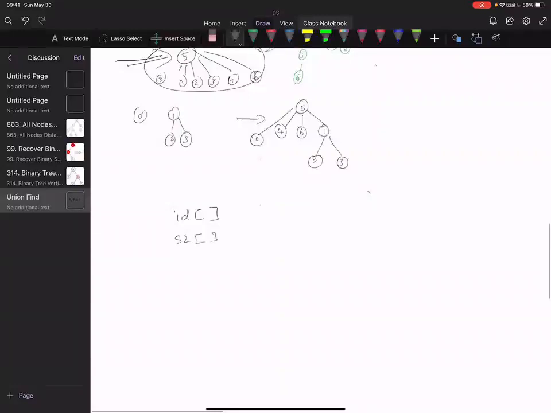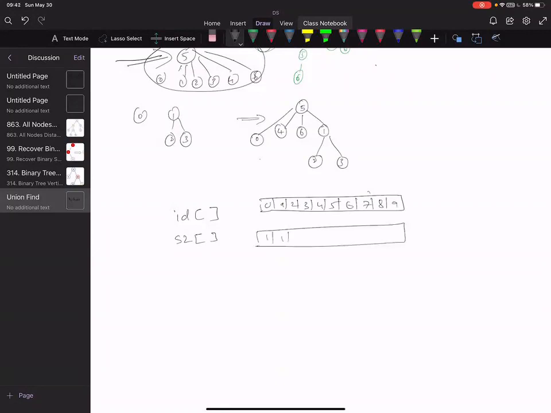The ID array was like this: 0, 1, 2, 3, 4, 5, 6, 7, 8, and 9. And the size array also will be like that, but all will be 1, 1, 1 initially.